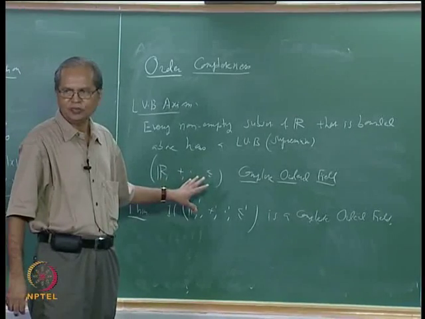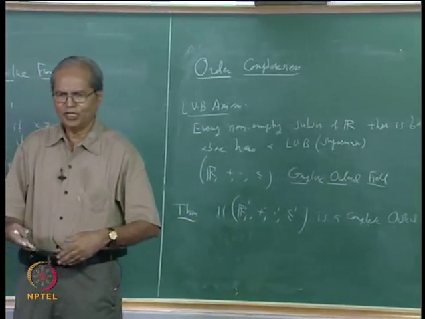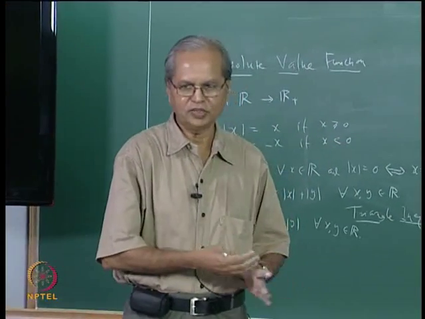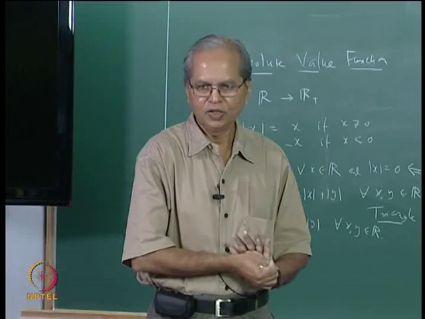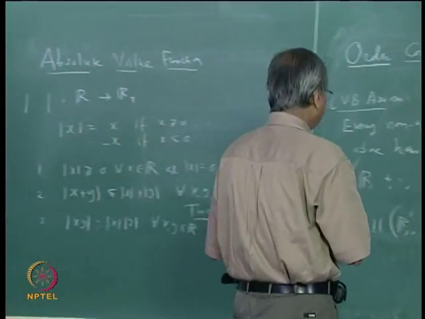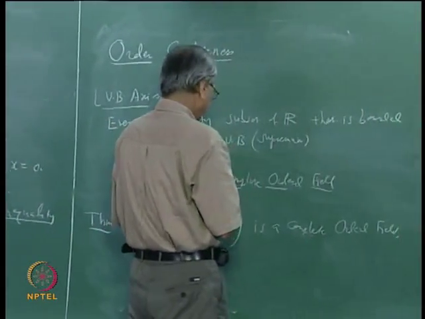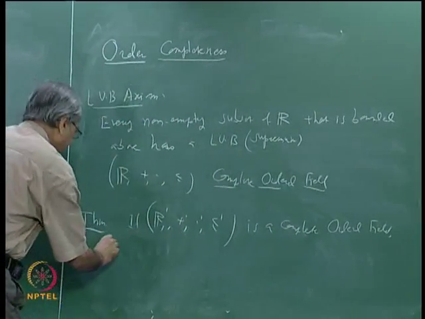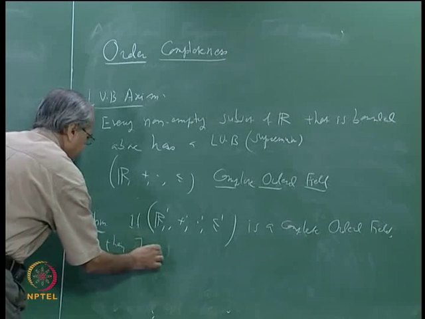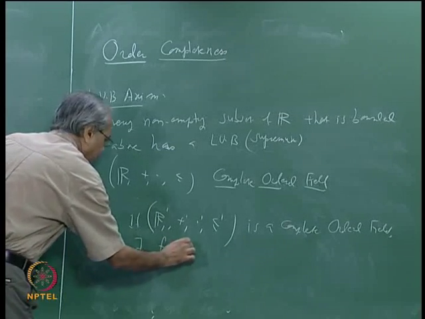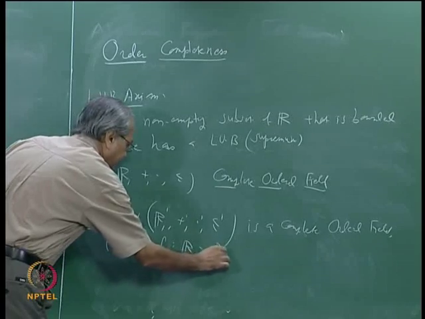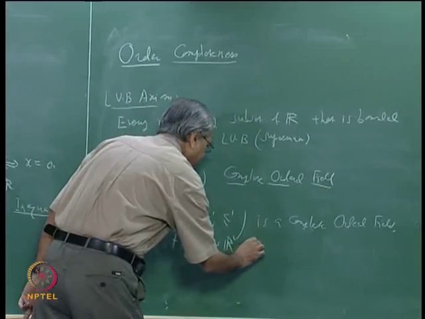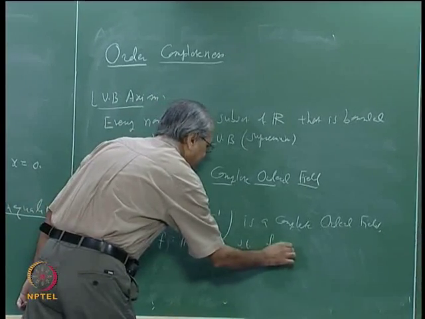This must be basically the same, that means you may give different labels to the elements, you may give different notations to the operations, but they are essentially the same, okay. To write that in precise mathematical language, we use the language of isomorphism. Then we can say there exists f from R to R prime such that f is a bijection